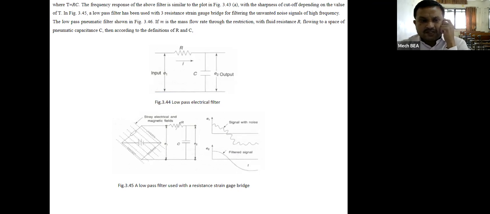The low pass pneumatic filter is shown in figure 3.46. If m is the mass flow rate through the restriction with fluid resistance